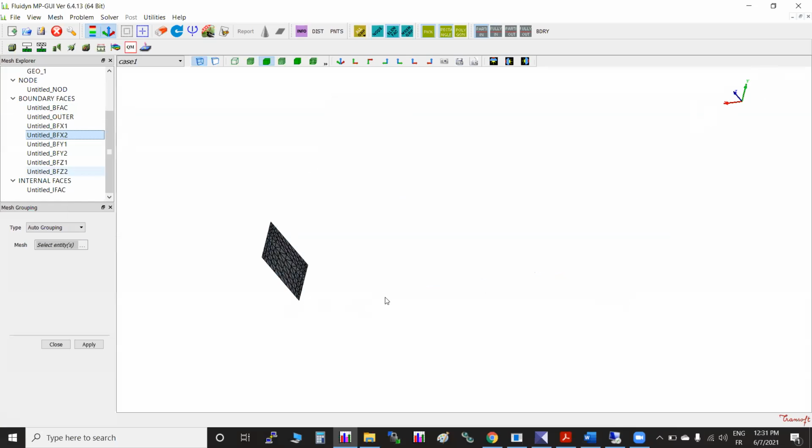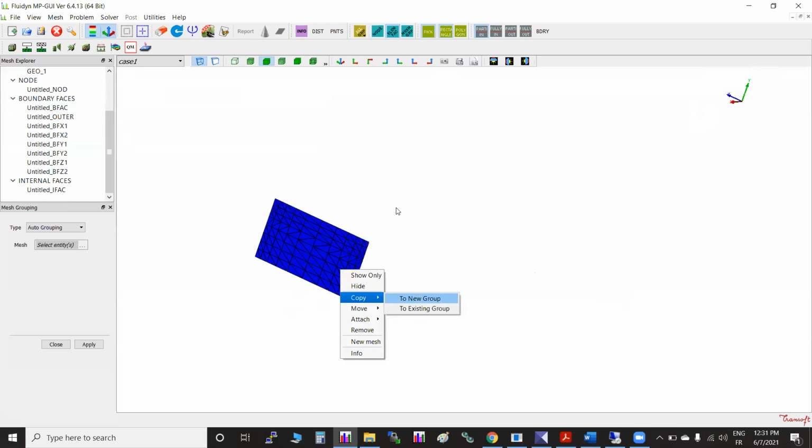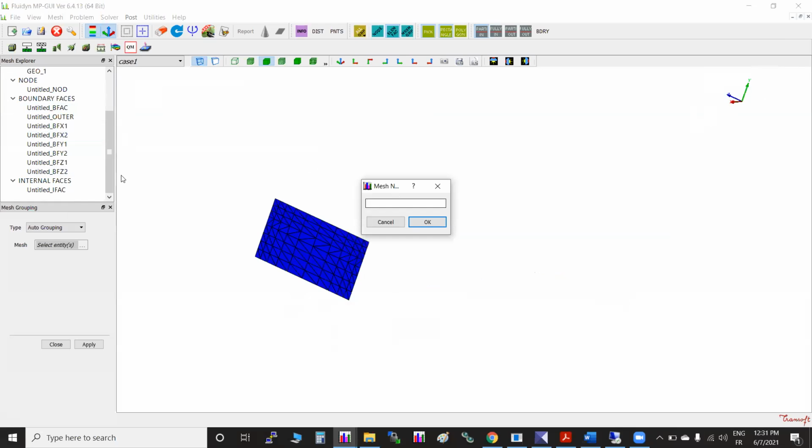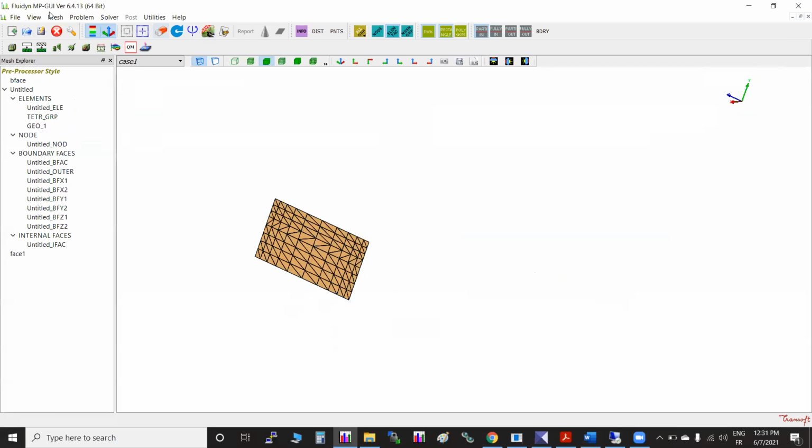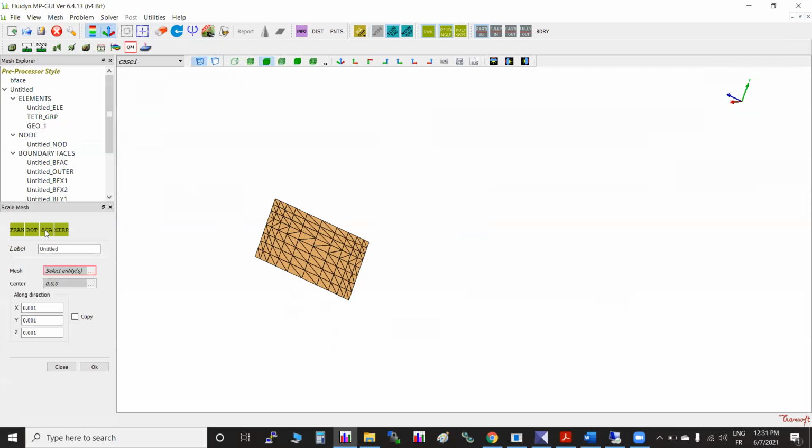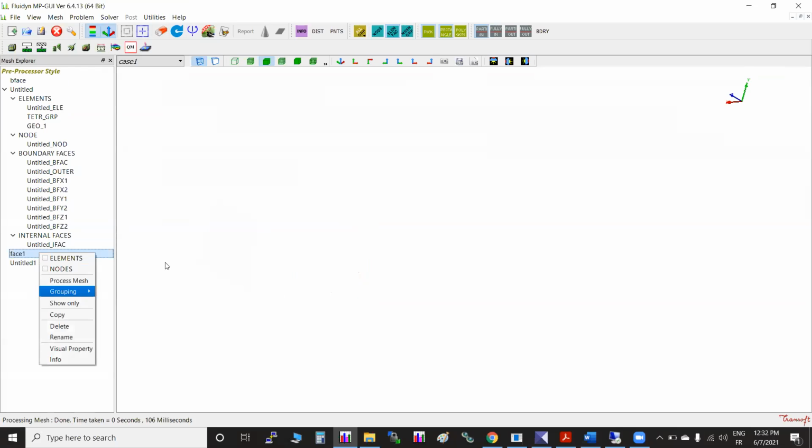If I copy and create a new mesh, it can be scaled: mesh, modify, transform, scale. I can scale it by 100 times, scale down. So I have this face only.